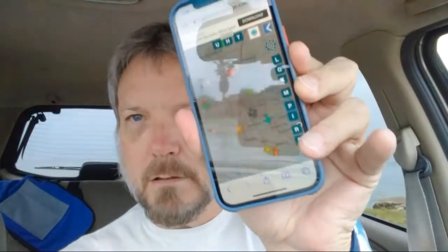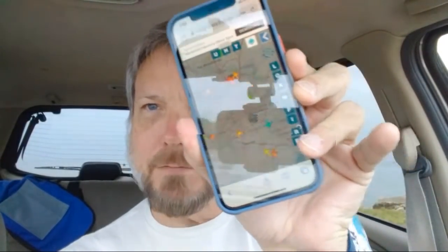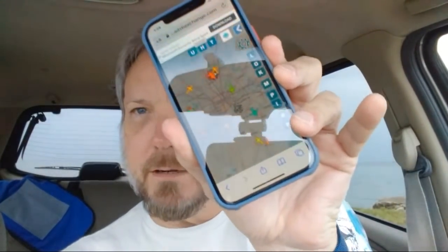So I'm going to show you a map of all the air traffic in the Houston area right now. This is one of the ways that you can look at police undercover operations. Now let me explain. If you see something like this,